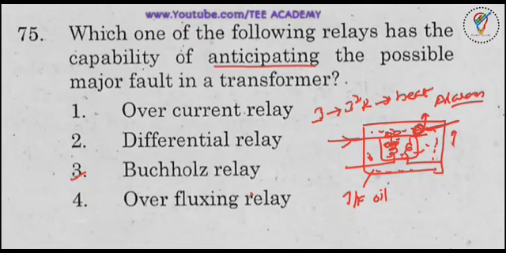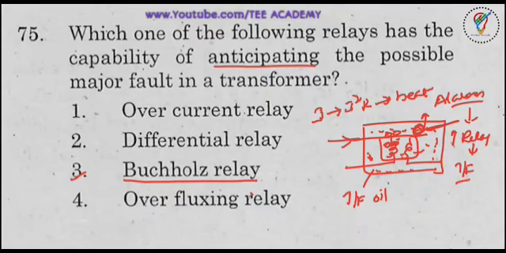Okay, it's giving a signal that the transformer is getting overheated. After that alarm, if it exceeds a threshold value, the alarm will give a signal to the relay. So as the relay is there, the relay is going to trip here. Only the relay will be anticipating, that means it is going to give a warning because of